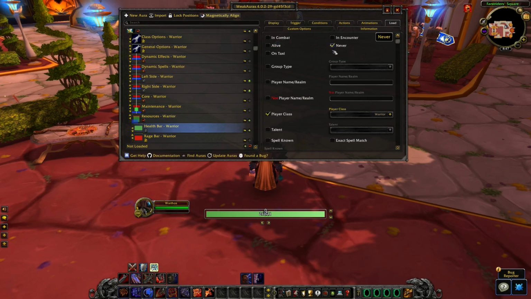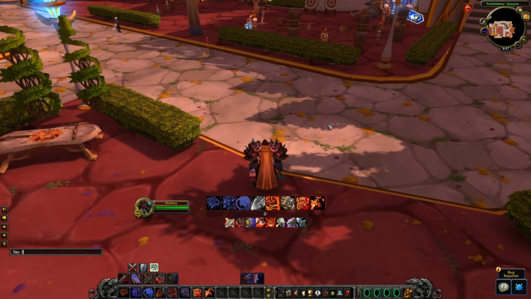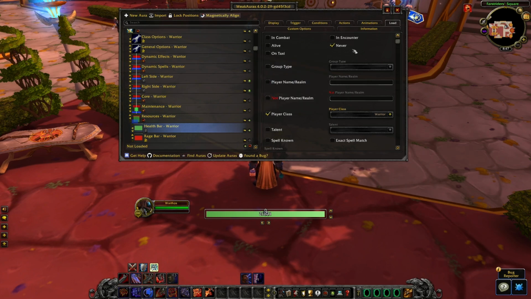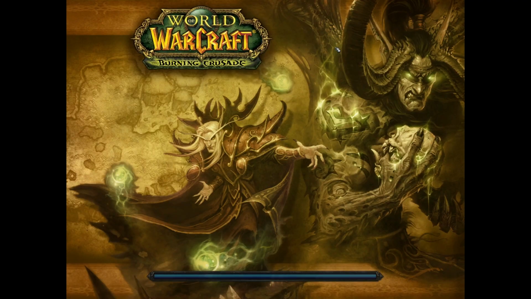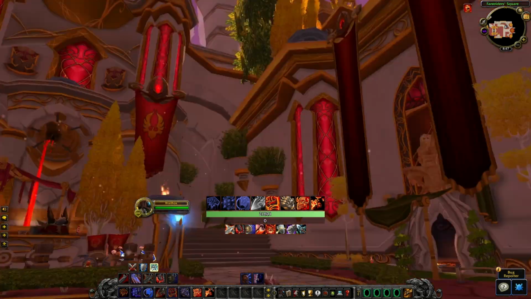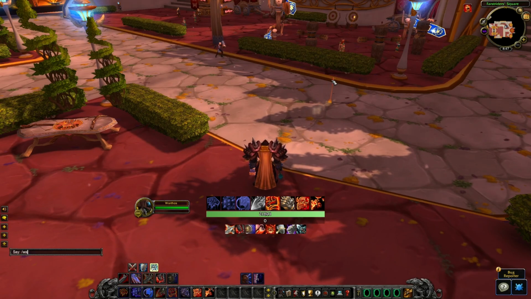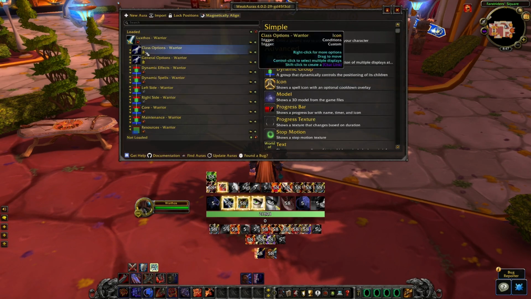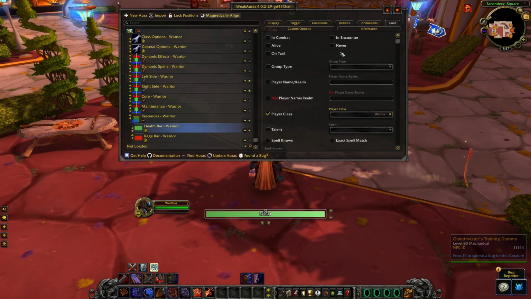Health bar by default is never loaded. This is something that I've never had in my previous WeakAuras, and it's not going to be here by default. But I know this is something that has been very requested. So if you do want it, all you have to do is click on health bar here in the resources group, go into the load tab, and uncheck never, and do a quick /reload once you close the WeakAura, and you're good to go. So now you have your own health bar, and you can customize it as well. That's pretty nice. We're going to go ahead and reload this back to default, and that's going to be mostly it